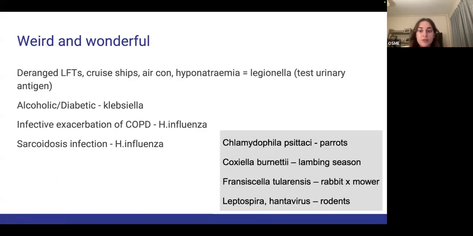Now, in terms of the weird and wonderful, I'm really sorry, there's not much logic in how to remember this. It's just remembering that Chlamydophila psittaci is parrots, Coxiella is associated with lambs. So again, there'll be something about a farm, or for the one previously, they'll have a pet parrot. Francisella tularensis is rabbit associated, and then Leptospira and hantavirus are caught through exposure to rodent organic